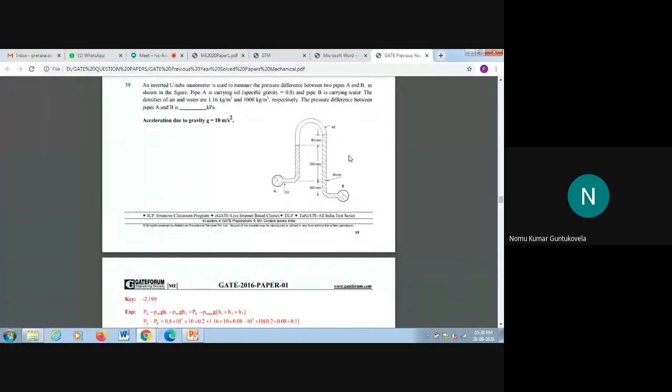So PA minus rho gh1 minus rho gh2. Here we have rho as 0.8, gravitational acceleration as 10, and h1 with its value. And here we have rho for air, g as 10, and h2. Here we have PB, that is the pressure at point B, minus the density of water, then g, which is nothing but 10, and h1, h2 and h3, that is 80, 200, and 100. By substituting these values,